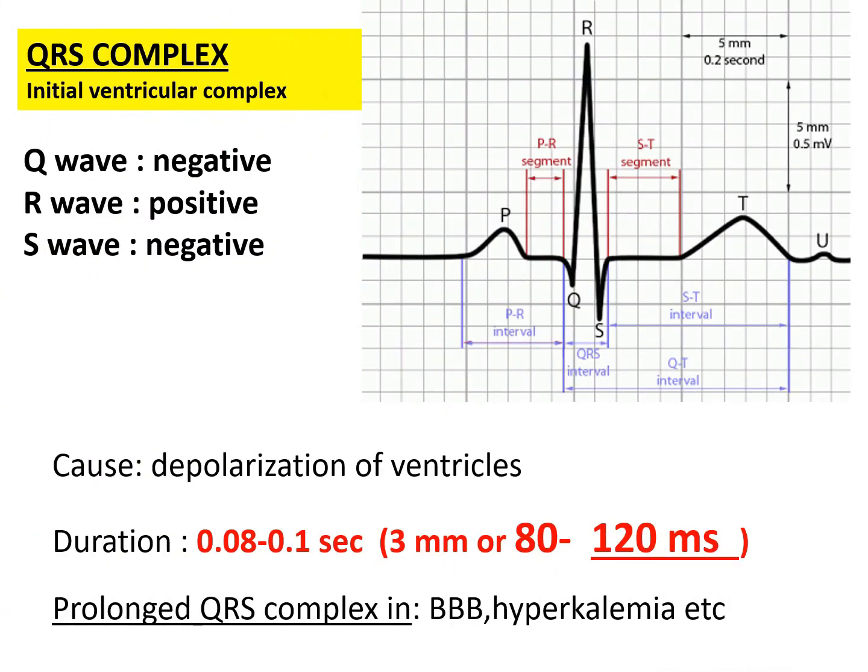So next we are learning an important wave complex in the ECG called QRS complex. So QRS complex is telling you the ventricular depolarization. So that is a combination of three waves. You have Q wave, you have R wave, and you have S wave. We have learned already in detail about the Q wave and its significance. Next we have to learn a positive wave called the tall R wave and a negative S wave.